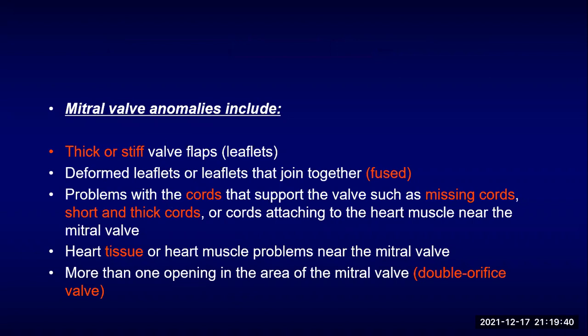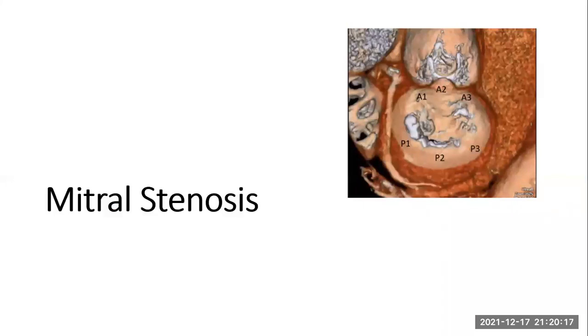Most commonly, we need to look for mitral valve anomalies, which include thickening and stiffness of the leaflets. We need to see the fusion of the commissures. We're going to see some examples now. And we need to see the anatomy and the anomalies of the chordae tendineae and the papillary muscles, and also the number of openings of the mitral valve. We can have, for example, a double orifice mitral valve. We're going to discuss this later. Okay, first we're going to discuss the